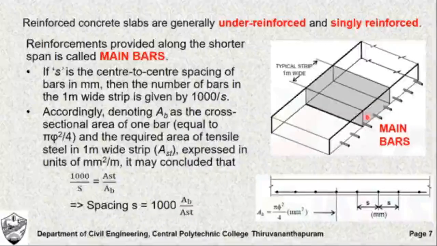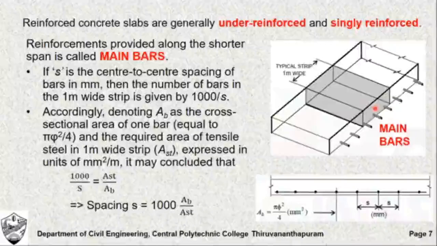If you know the Ast value for this section, you can determine Ab. What is Ab? Ab is the sectional area of one bar, one reinforcement. If you know the diameter of the bar, let us say phi is the diameter of the bar, then phi square by 4 will give the cross-sectional area of one reinforcement. So that is what is given by Ab, area of one bar. The suffix b gives the area of one bar. And what is Ast? You know the area of tension steel to be provided in this 1 meter wide strip of beam,